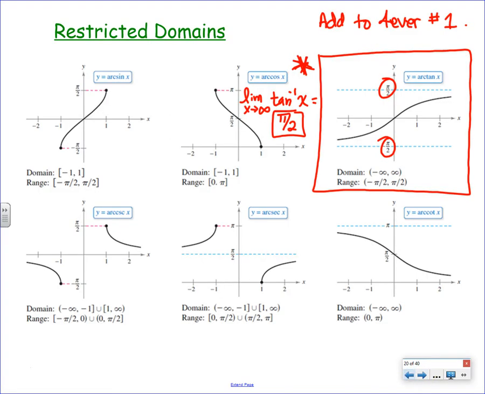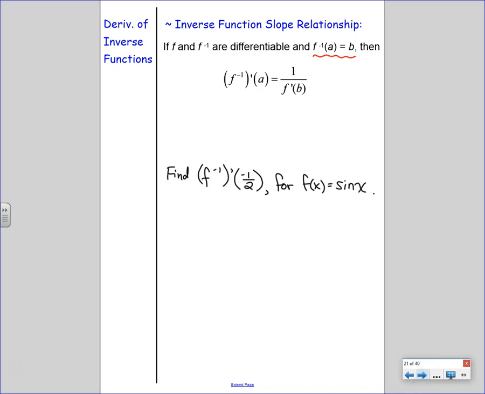Well, I apologize. Tangents, vertical asymptotes become arctangents. You're right, horizontal asymptotes. Good. Okay, so